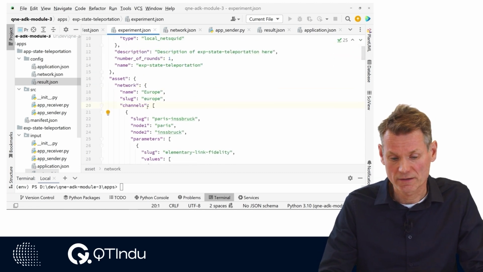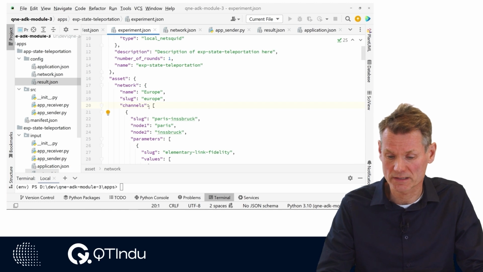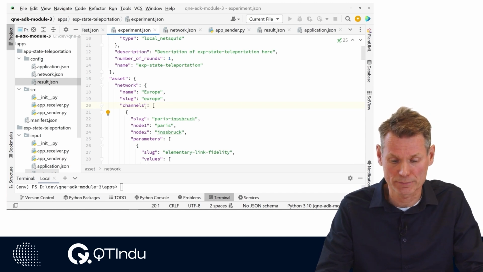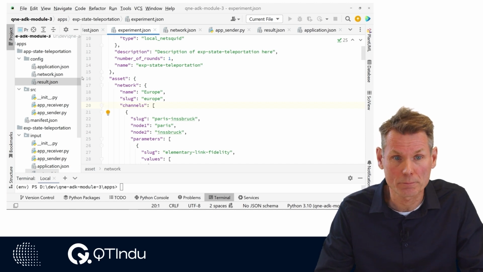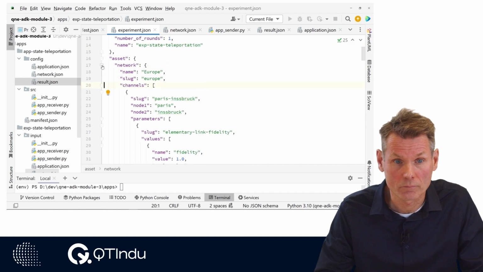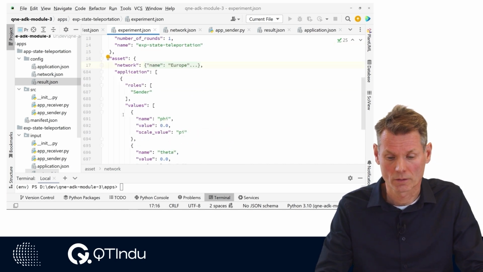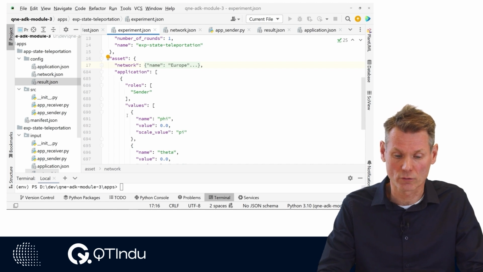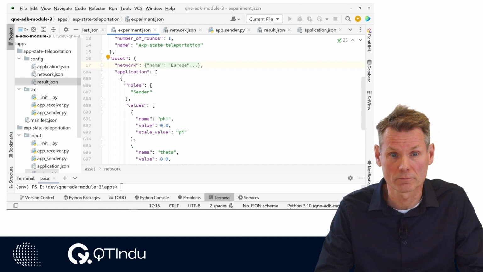While the application defines what input parameters are needed, the actual value for the input parameters are saved in the experiment file experiment.json in the application section of the asset as values and roles for each input parameter.